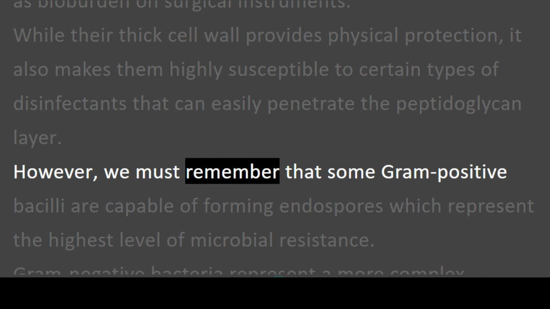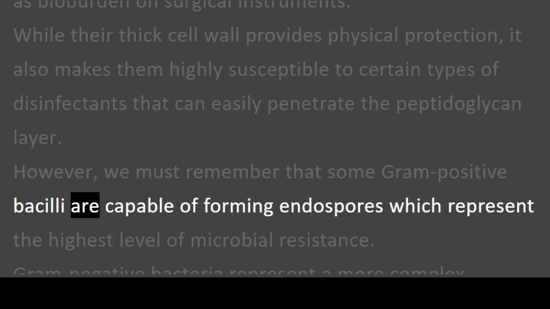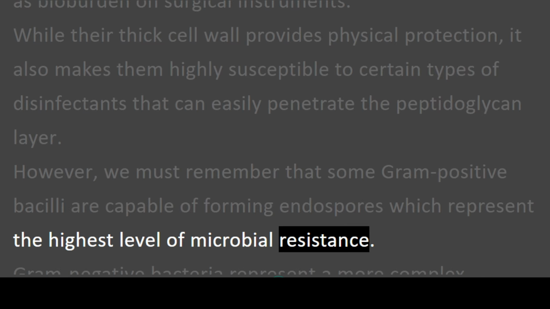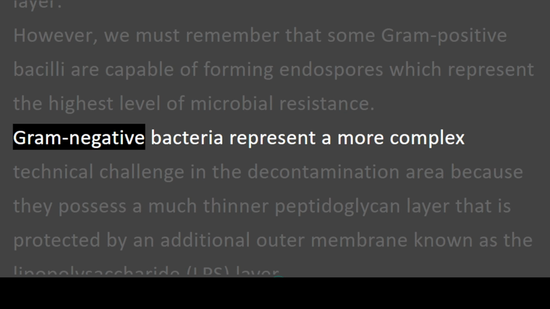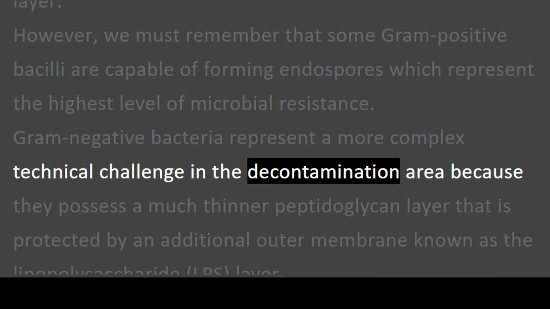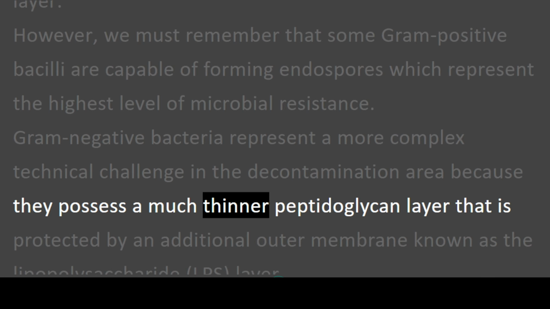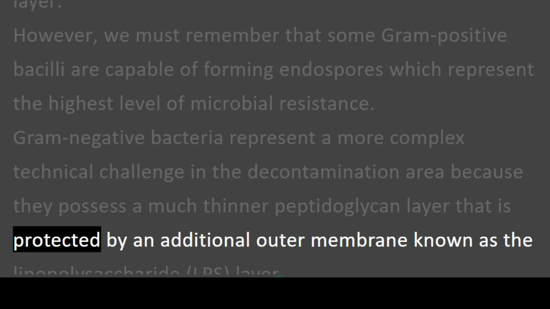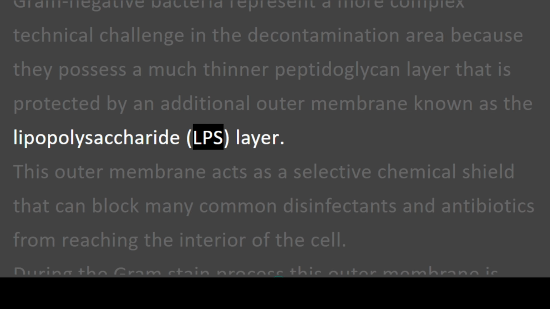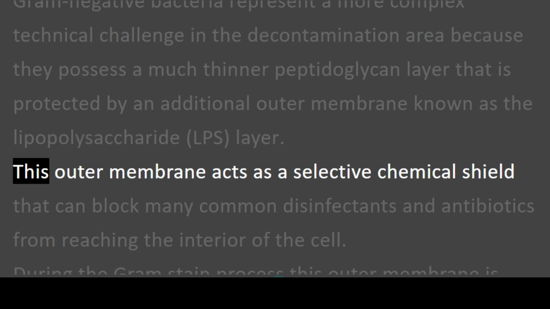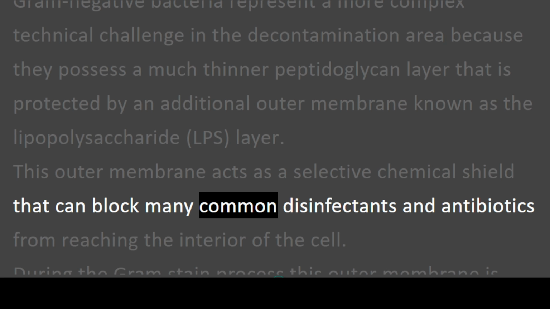However, we must remember that some gram-positive bacilli are capable of forming endospores, which represent the highest level of microbial resistance. Gram-negative bacteria represent a more complex technical challenge in the decontamination area because they possess a much thinner peptidoglycan layer that is protected by an additional outer membrane known as the lipopolysaccharide (LPS) layer. This outer membrane acts as a selective chemical shield that can block many common disinfectants and antibiotics from reaching the